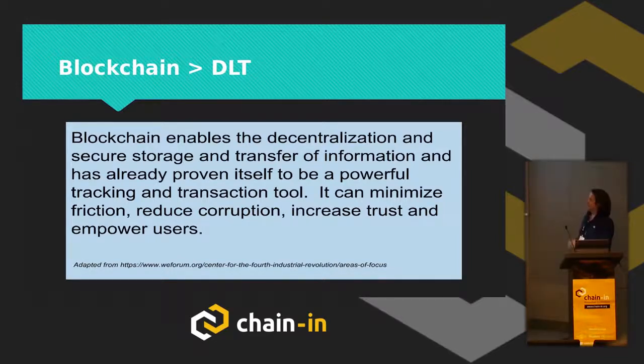And adapted from their definition, blockchain enables decentralizing secure storage and transfer of information. One of the applications of this is currency, yes, or CryptoKitties. I like CryptoKitties, they're cool, and I made money out of them. I did. But this